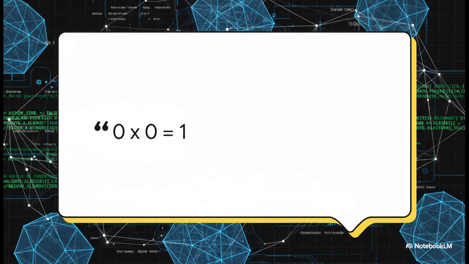Right here. This equation, from a document they call the calculus of totality, is the absolute core axiom of the entire system. Now, obviously, this assertion defies standard mathematics, and it's the primary claim this audit has to validate. So to understand it, we first have to understand how the system redefines its most basic element, zero itself.